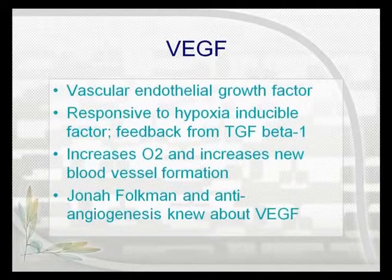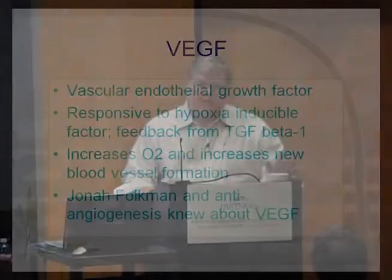We've talked about VEGF. It's made by activation of hypoxia-inducible factor. TGF-beta-1 is also made by induction of HIF. They turn on gene transcription, so there's going to be an initial rise of VEGF very quickly with exposure. So in re-exposure protocol patients, you'll see VEGF going quickly, but then as TGF-beta-1 is made, there's a fall in